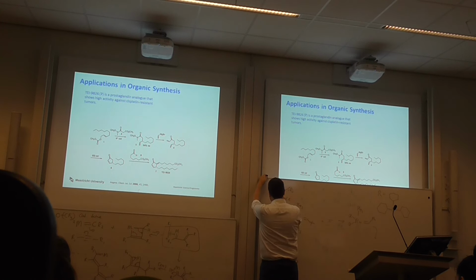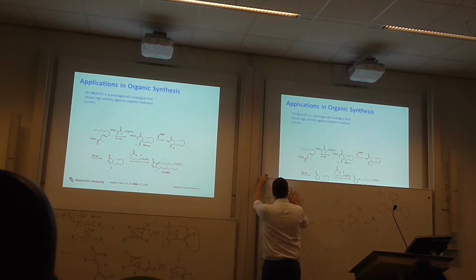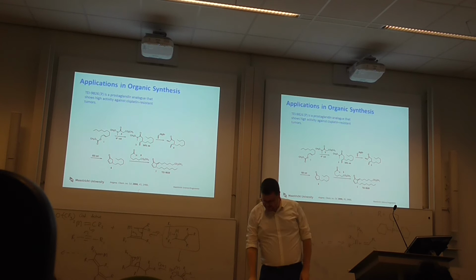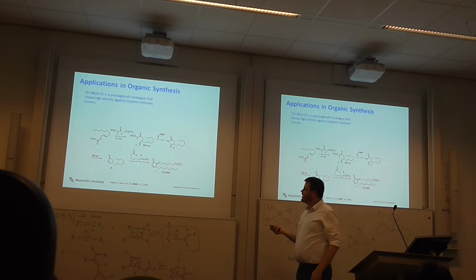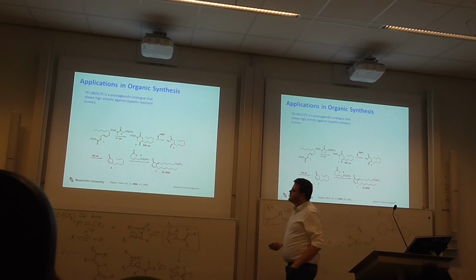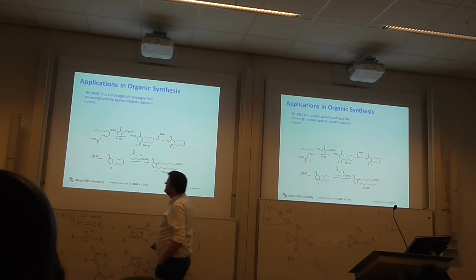A very simple platinum 2 compound, and it's anti-cancer active. Some strains of cancer are, however, resistant to it, so you need new drugs. This has been identified as one that works particularly well against such tumors, and it needs to be synthesized, right? So we're not talking about organic synthesis. All I want to highlight in the synthetic route, so this is a multi-step synthesis, is you can see